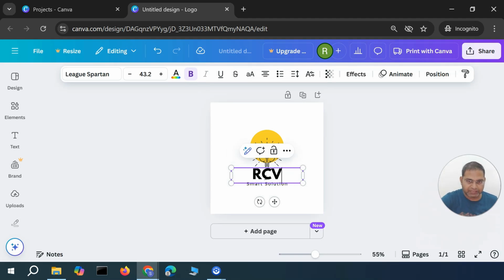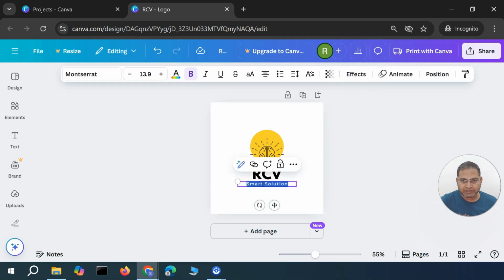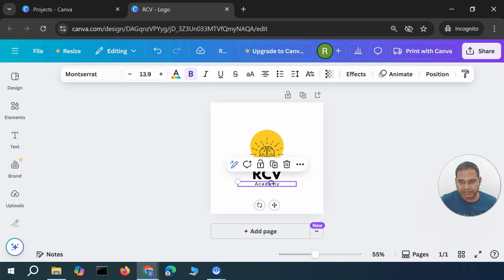So for example, I want to change it to RCV. So simply select the text that was already there and then start typing in the text, and then below I'll double click to select the text in there, and then I'll say Academy, right? So now I have customized this particular logo as the text especially, and now I can go ahead and drag